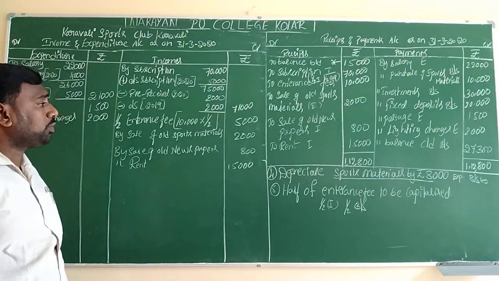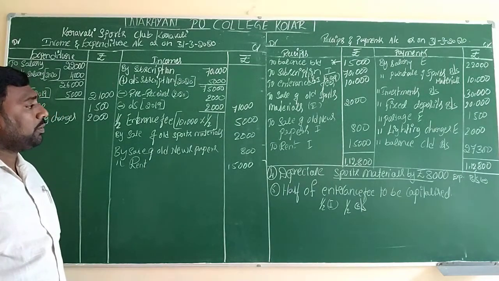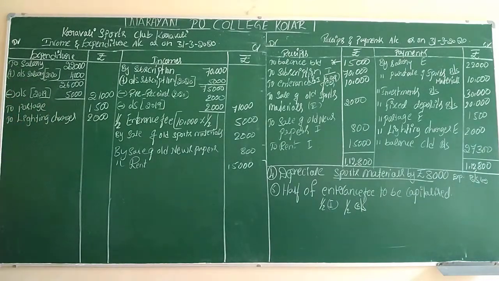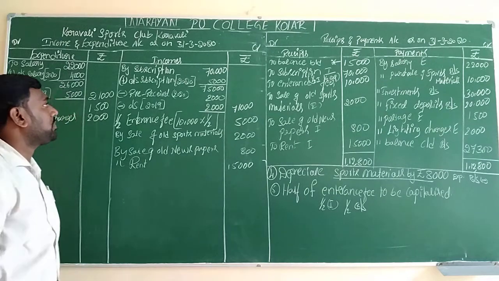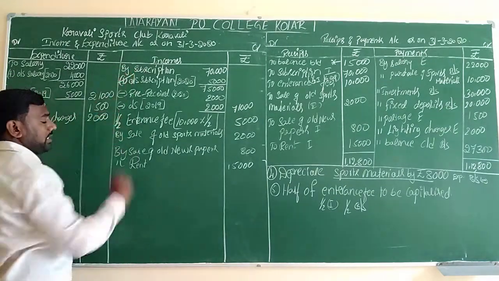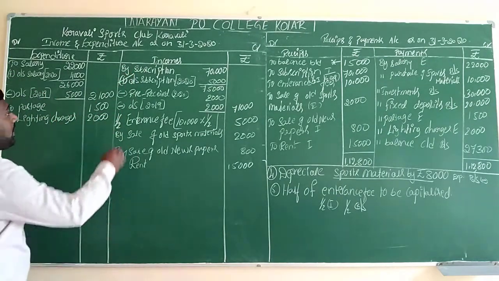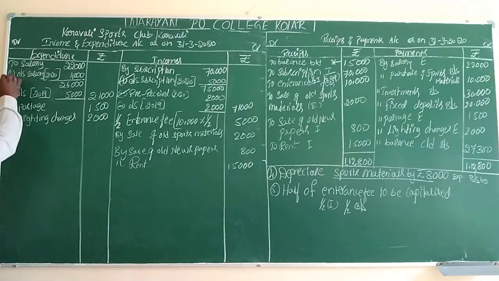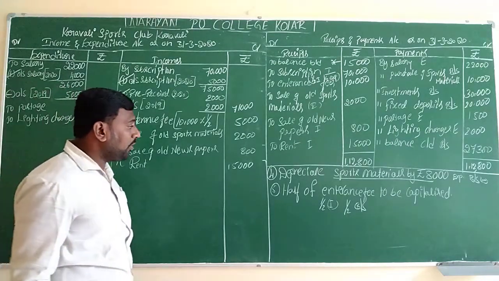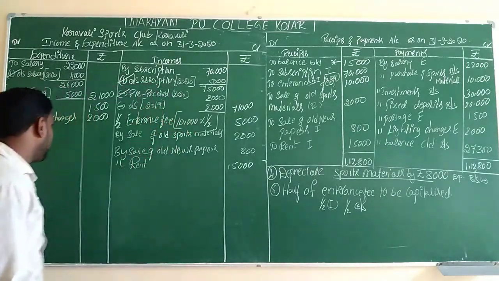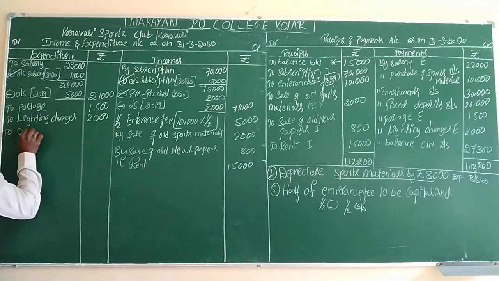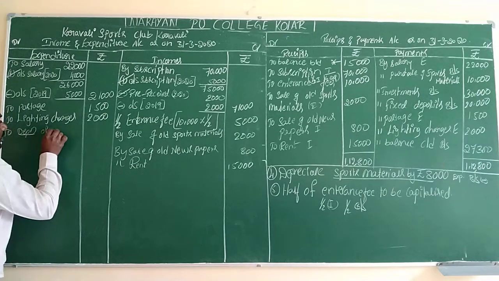Now we have to move to the adjustments. Adjustment number one, outstanding subscription, that we already considered here. Adjustment number two, pre-issued subscription, that we should also consider here. Adjustment number three, outstanding salary, we should consider here. Adjustment number four, depreciate sports materials, they are given, we should write directly to the debit side to depreciation of